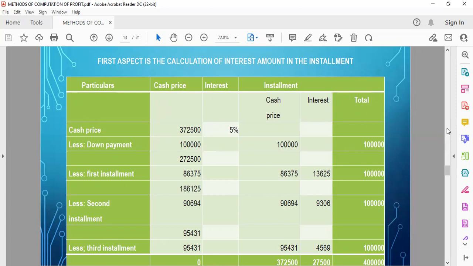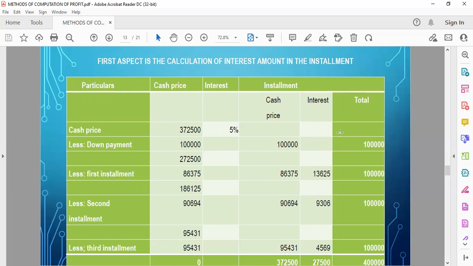Down payment, how much have they given in the question? 1 lakh rupees is the down payment, right? So first we have to write the cash price, total amount is 3,72,500. In the next line we should subtract the down payment, less down payment, which we are giving to the particular company. Subtract this amount from 3,72,500, and you will get